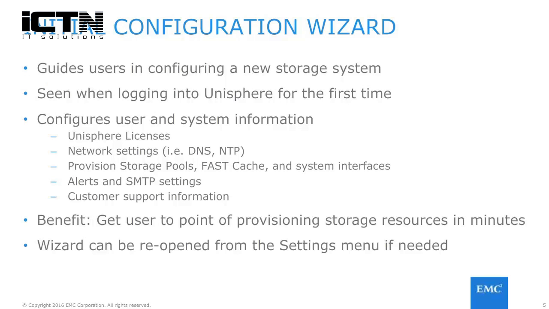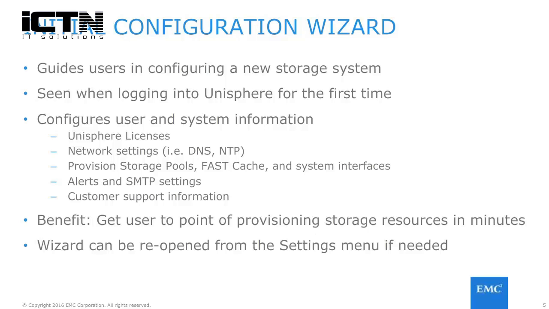After installing a Unity system and a management IP is configured, you can log into Unisphere for the first time using the given IP. When logging in, you will notice that a wizard is automatically loaded called the Initial Configuration Wizard. This wizard guides you in configuring a brand new storage system,